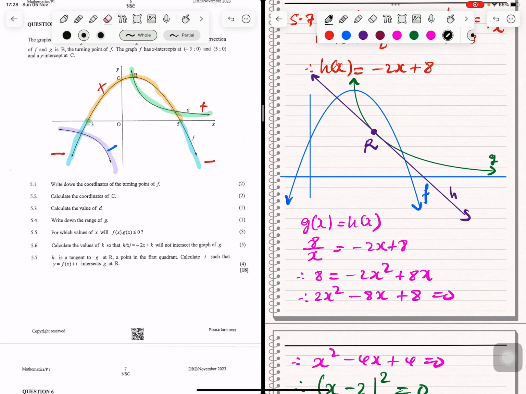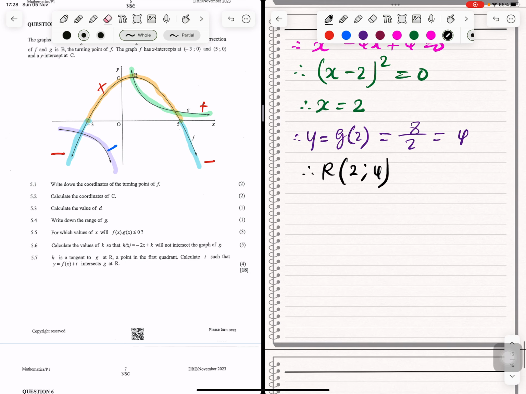That R basically is the point of contact. That is the point of contact. It's the point of tangency. So you're not done. You're not done. Now you found the coordinate of R. They say calculate